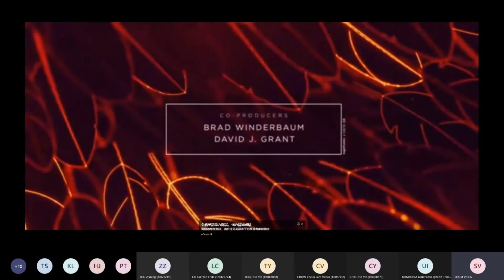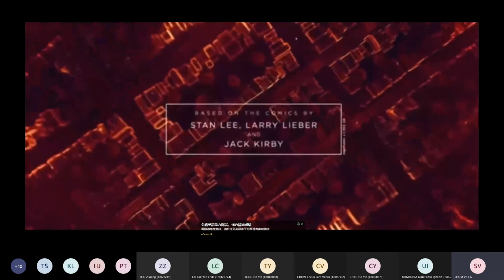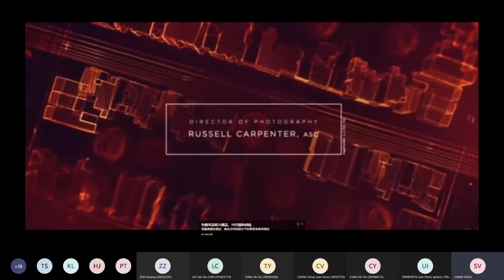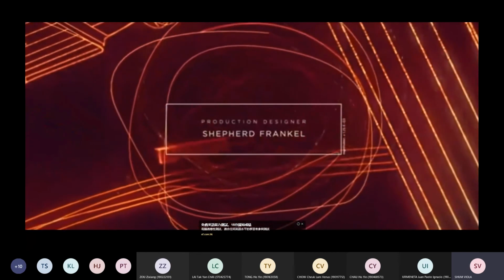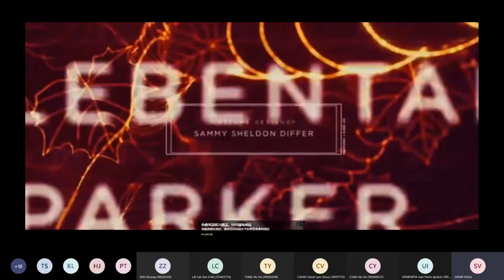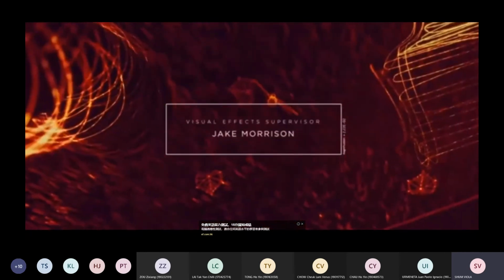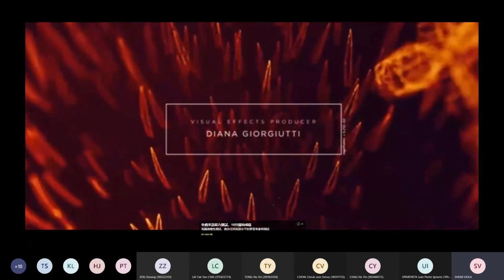So you can see this is the infinite zoom. It starts from space, and then zooms into the Earth, and then zooms into the USA, and then zooms into the airplane, and then zooms into the bridge, and then zooms into the street. So you can see that is the infinite zoom.